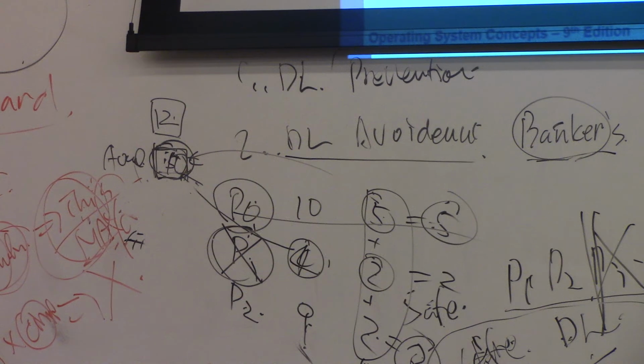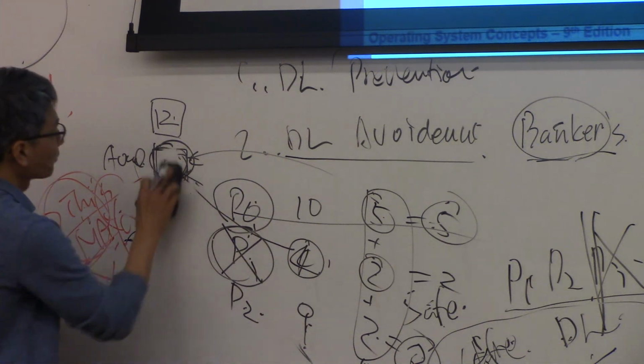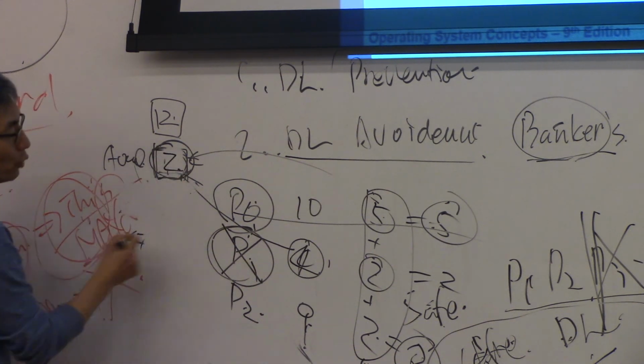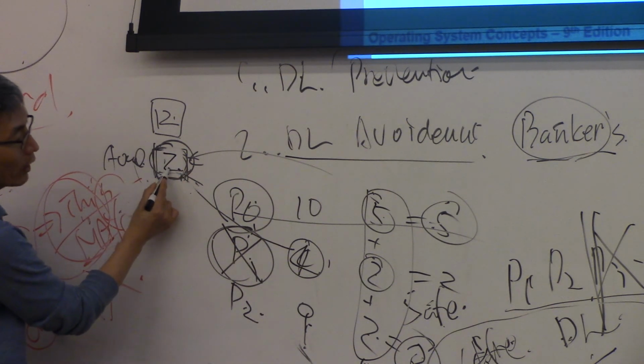What if P2 requests 1 more, which means 1 of the available? So it will be 2, then this one is allocated to the